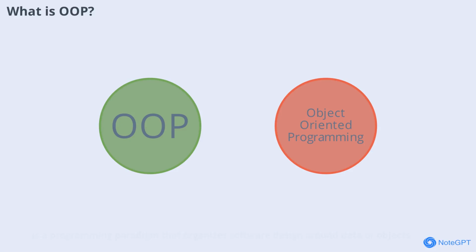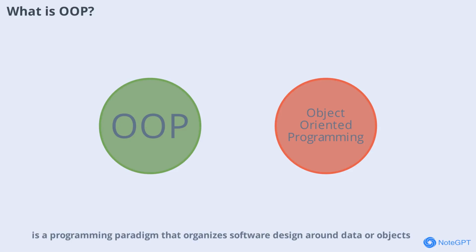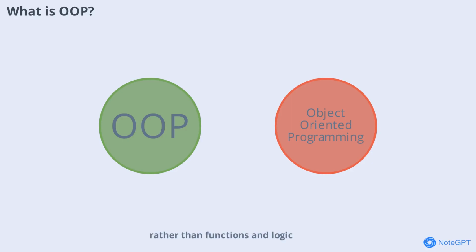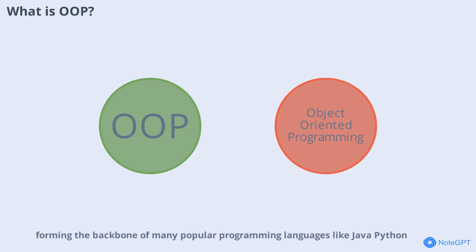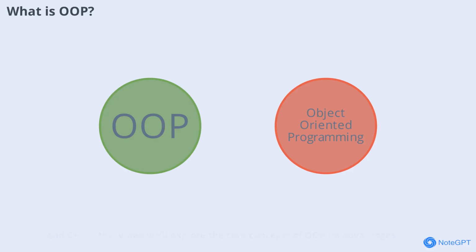Object-oriented programming, or OOP, is a programming paradigm that organizes software design around data, or objects, rather than functions and logic. This approach helps programmers structure complex code in a way that is more manageable and easier to understand. OOP is widely used in modern software development, forming the backbone of many popular programming languages like Java, Python, and C++. In this video, we'll explore the core concepts of OOP, its advantages, and how it shapes the way we